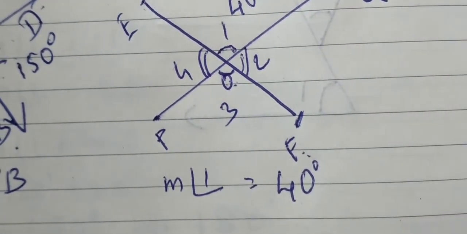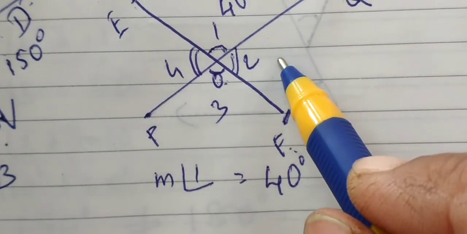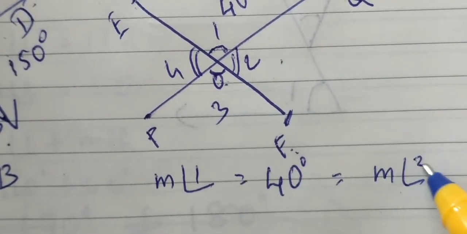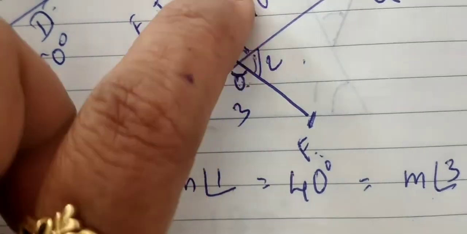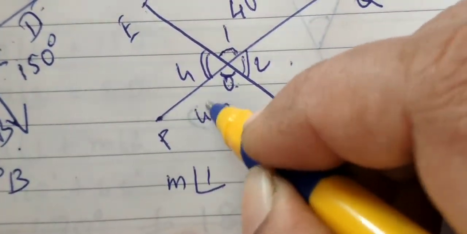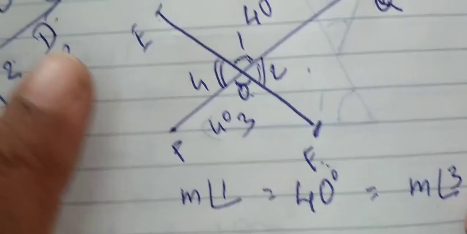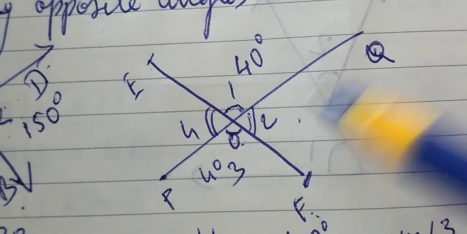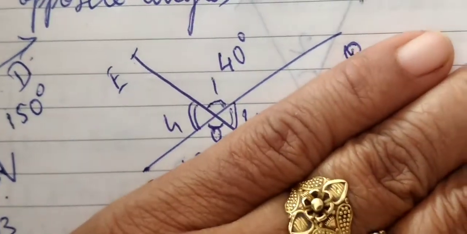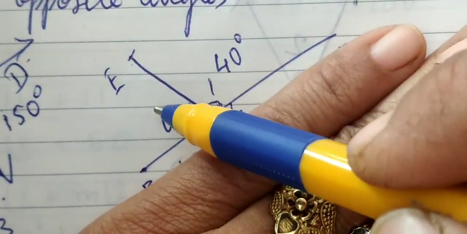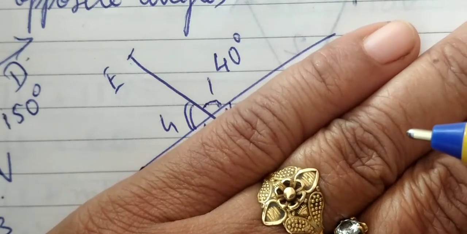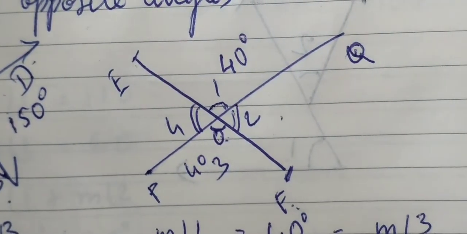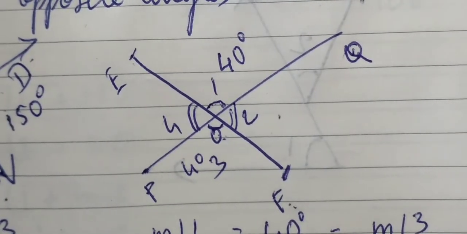What will you do? तो पहले ऑपोजिट एंगल लिख डालो, measure of angle 1 is equal to measure of angle 3, एंगल 1 और एंगल 3 हो गया 40 डिग्री. बाकी बचे 2, जो आप पहले 4 को कैलकुलेट करो या तो फिर 2 को कैलकुलेट करो, one and the same. अगर 4 को कैलकुलेट करना है तो ये 2 एडजेसेंट एंगल्स और ये दोनों लीनियर पेयर भी बनते हैं. तो 180 माइनस 40, measure of angle 2 ले लो या फिर 4 ले लो,